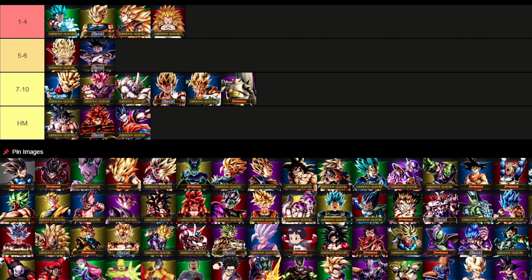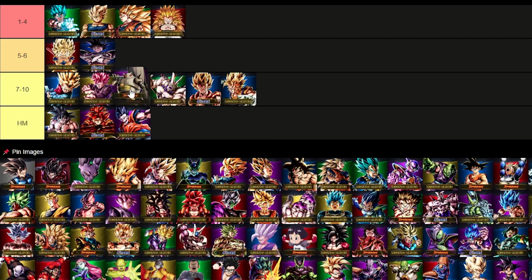I would probably say Omega above them as well. Tamagami is probably better in the current meta. I honestly think I probably like Tamagami more than Omega. Tamagami is really good. Although, to be fair, obviously he's purple, which against Majin Vegeta is not great, but